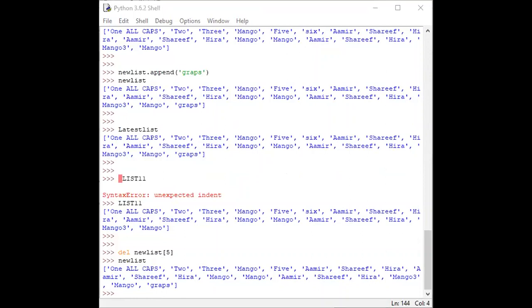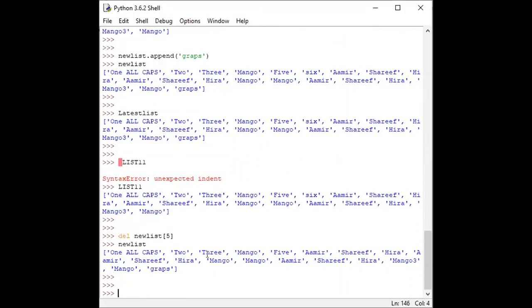We can also remove, which also deletes, but by the removing instruction. We will use new list dot remove. For example, we want to remove Aamir.